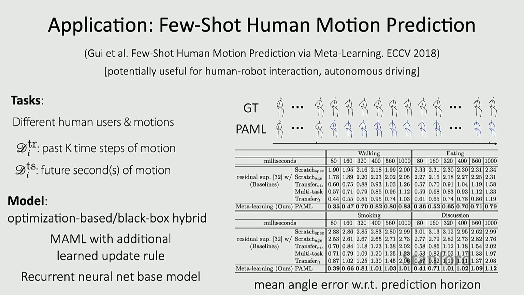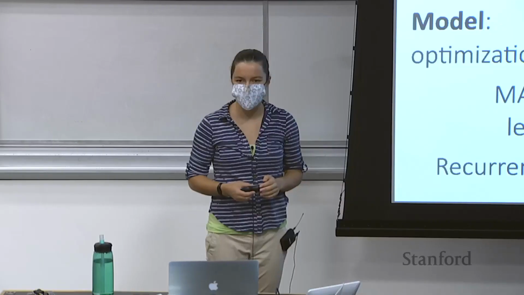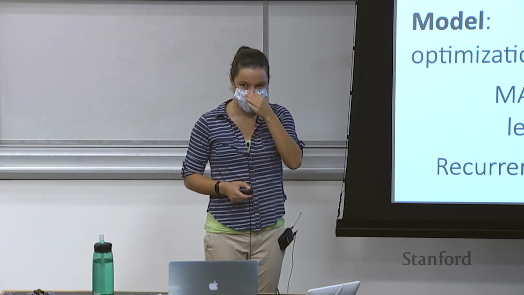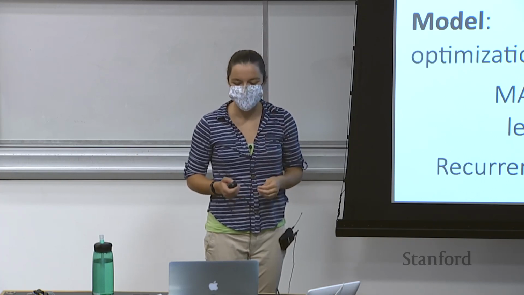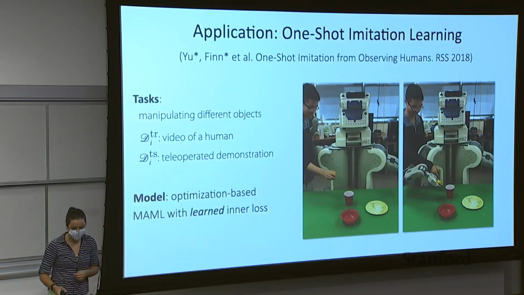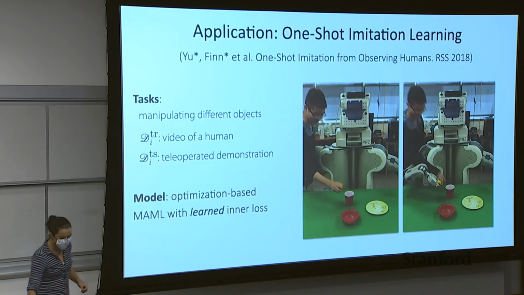Yeah. So going back a couple slides to the imitation learning example, MAML kind of needs some sort of reward signal in that case because it's not like a supervised task. How do you perform the inner loop in that sense? Yeah, so